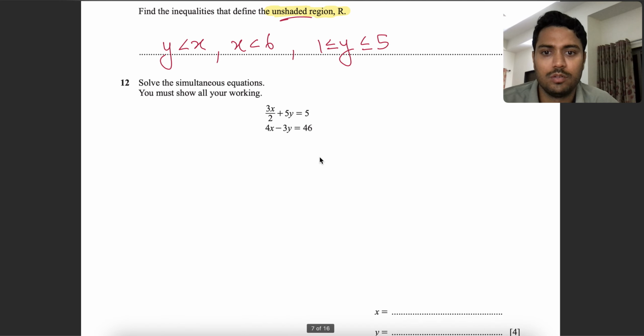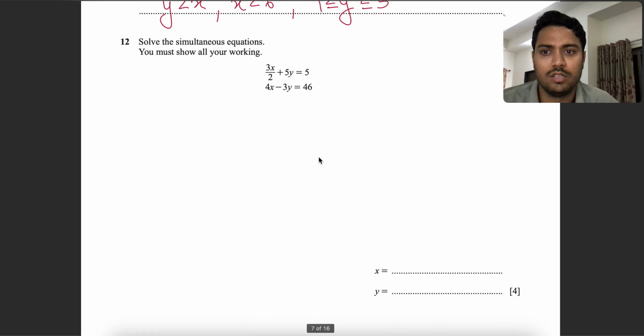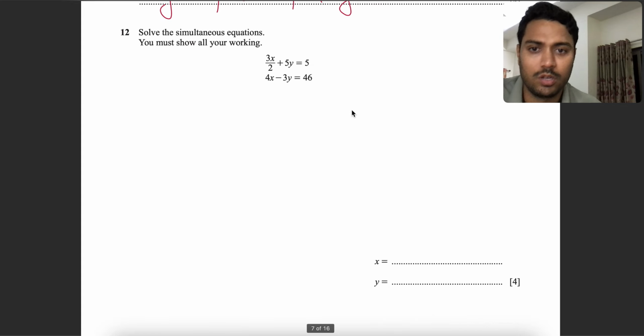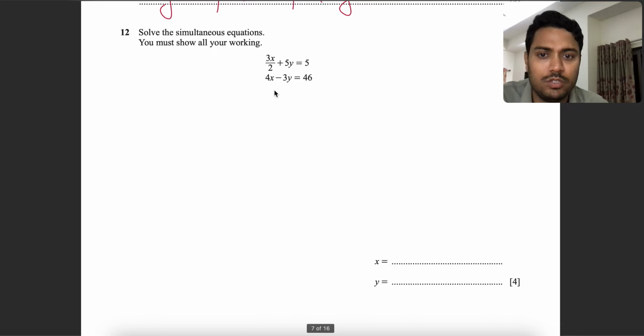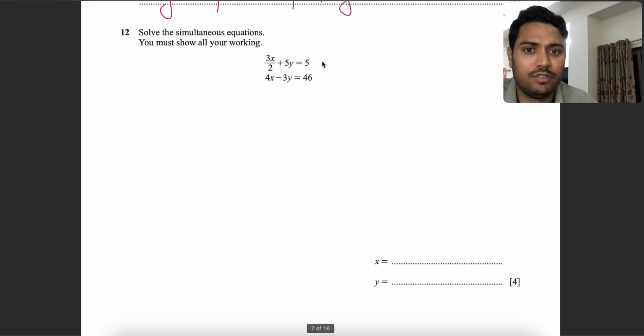Moving on to question number 12. It says solve the simultaneous equations. You must show all your working. Okay. So first, the coefficient of x in the second equation is 4, and the coefficient of x in the first equation is 3 by 2. So let's multiply the first equation. Multiply the first equation by 2. So you will get